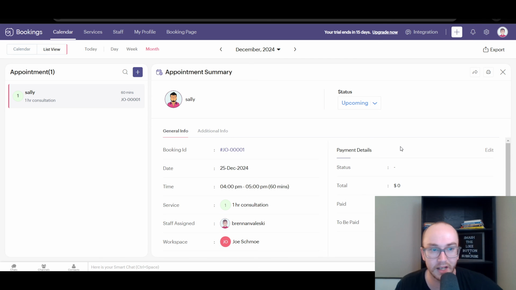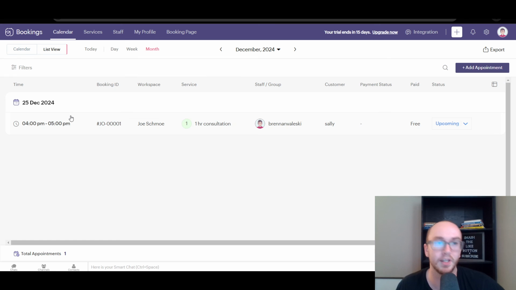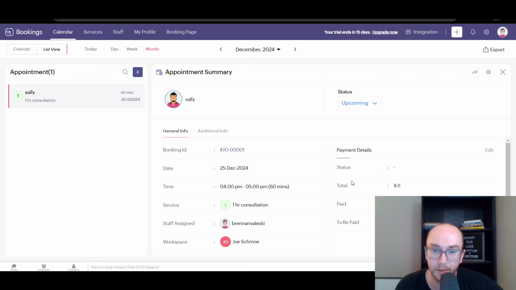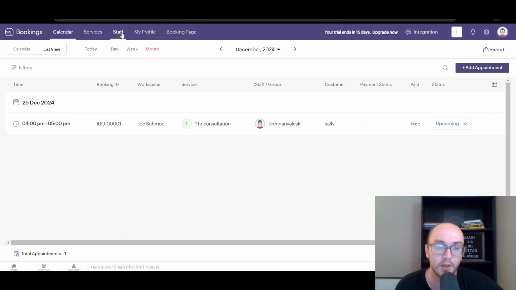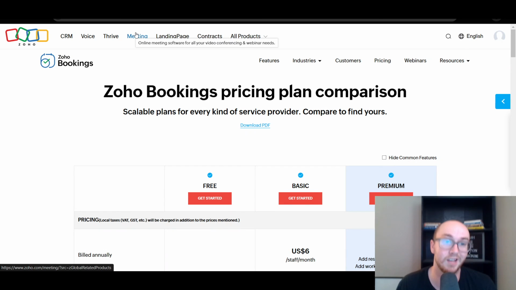bookings, because it doesn't necessarily set things up as easily for people using online meetings and things like that. I would say Zoho Bookings is more built around physical brick and mortar locations and having people come in and meet at a specific location. And again, you would need to set that up here inside the settings if you wanted to set specific locations. I did not add any specific address or things like that, but generally Zoho Bookings is more so for in-person type meetings versus a lot of the online meeting type things. That would more so go with Zoho Meetings, which is actually a separate app